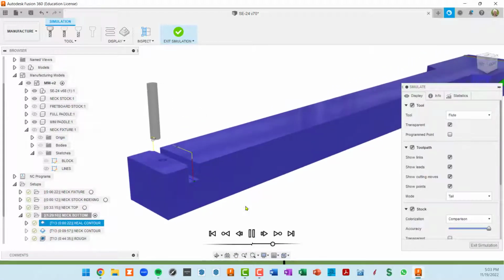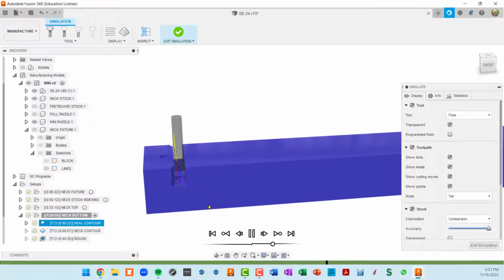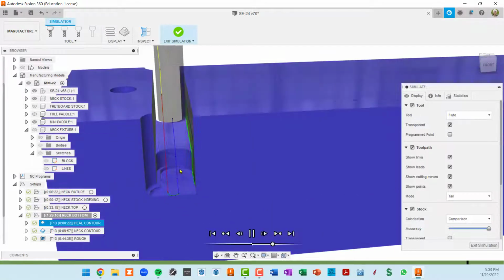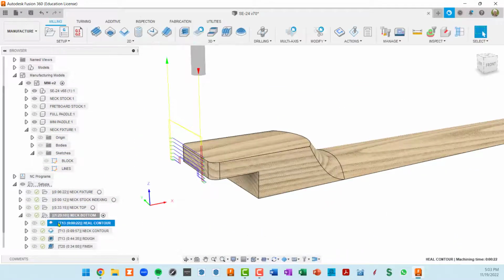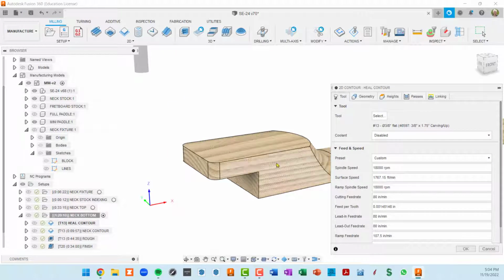is the heel contour, and if we look at it this way, you can see it's going to start stepping up here. So I have defined a tab. So this is an interesting setup. So I'm going to double click and open it up. I'm sorry, I should have said toolpath. The whole thing is a setup. This is a toolpath. So I'm using the same bit that I'm using a lot in these toolpaths, this 3/8